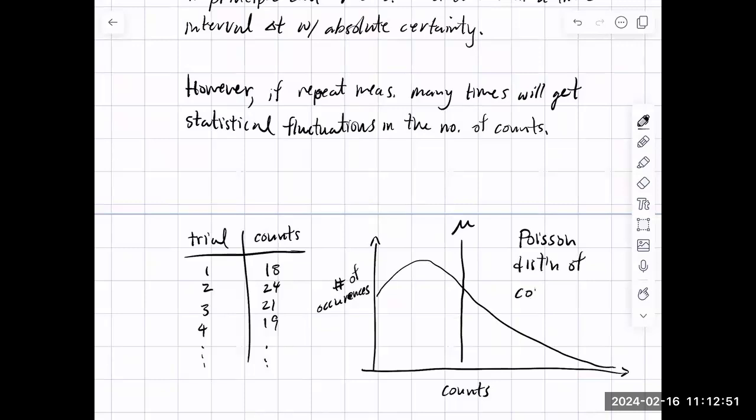of counts. All right. Now, the problem is that if I'm doing a Brownian motion experiment, I don't want to make 1,000 slides and count the number of particles at some height in the chamber, because what I want to do is I want to